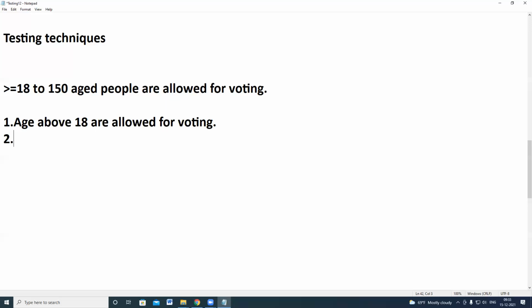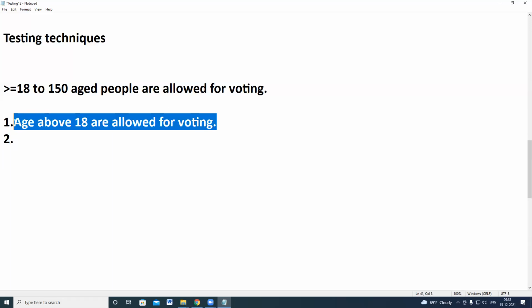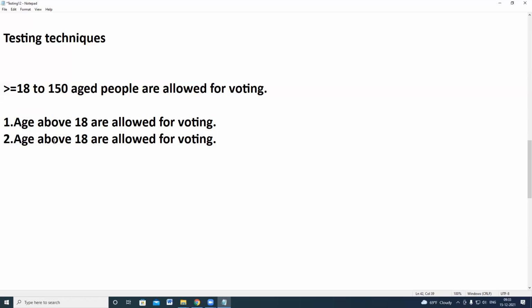Below 150 age is allowed for voting. Age less than 18 is not allowed for voting. You need to articulate the lines like this while giving a test scenario walkthrough session: age less than 18 should not be allowed for voting. You should clearly articulate those points. These are the test scenarios you have to give.